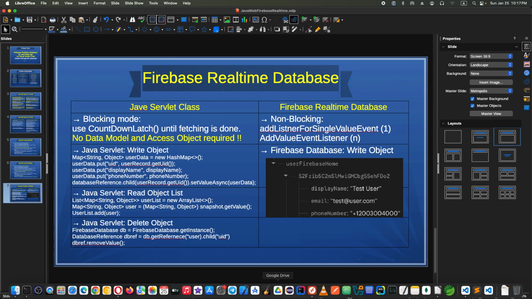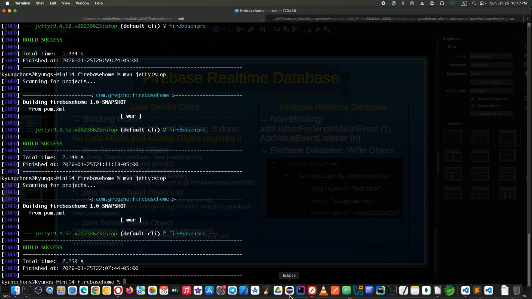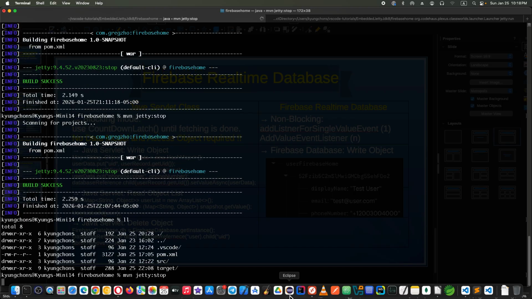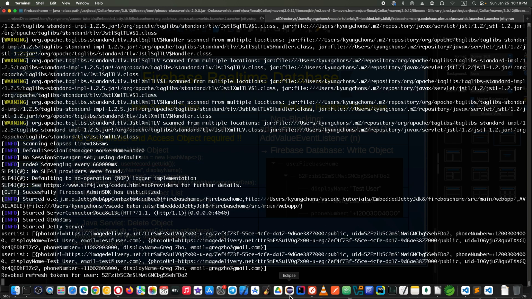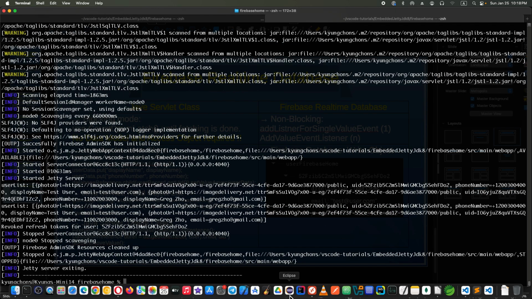Okay, let's go to the command line utility. I'm using macOS and the Mac command line tool, and then I'm going to stop this project, and you see stopping project, and then I'm going to run it again with the command, maybe Jetty run. Okay,